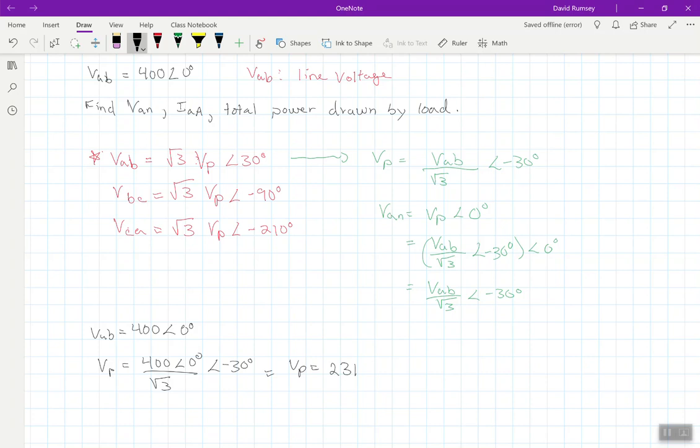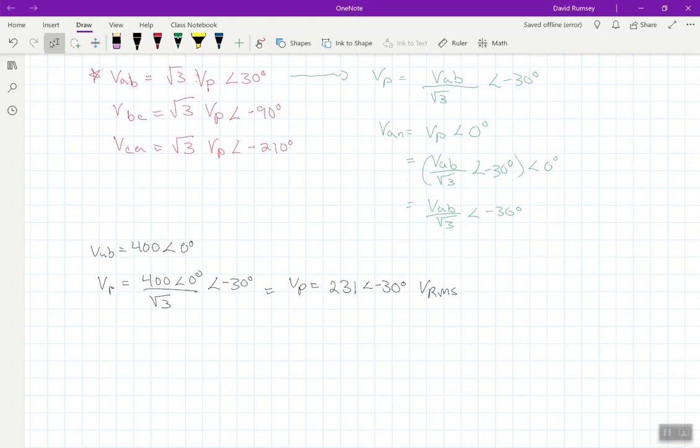$231 volt. And we're assuming we're in RMS as well. I should maybe state that here. I didn't state that. This is volt RMS. So here we have volt RMS. At an angle, actually, we typically write the angle first here, at an angle of negative 30 degrees. Volt RMS. Great. So we have VP, but then again, using my formula here, VAN then